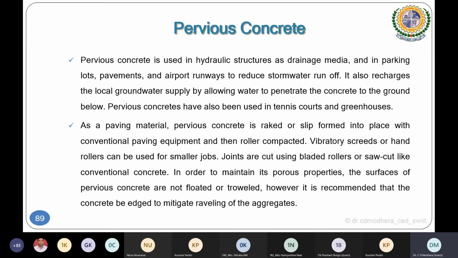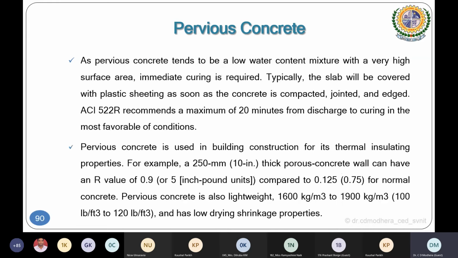As a paving material, pervious concrete is cast or slip-formed into place with conventional paving equipment and then roller compacted. So I think pervious concrete is also recommended with respect to ACI 522R, right? So I think this is just